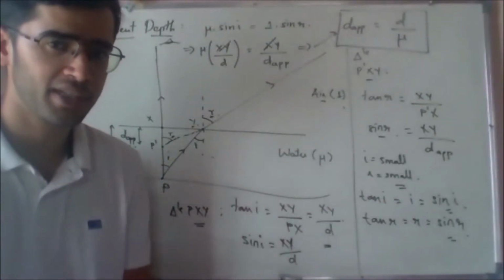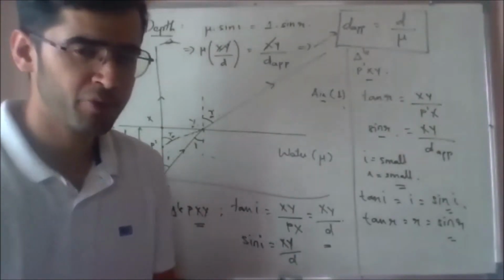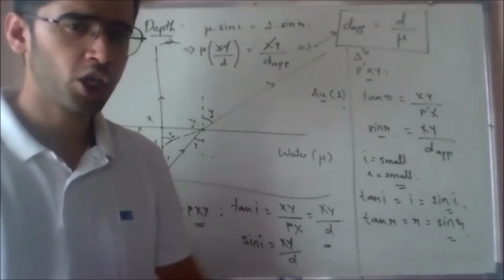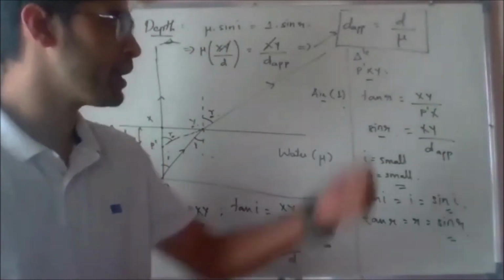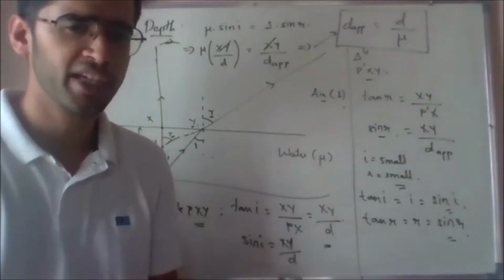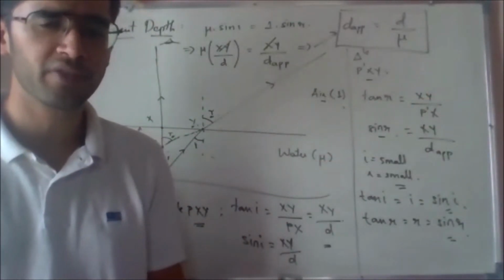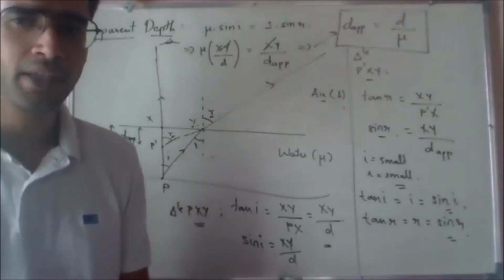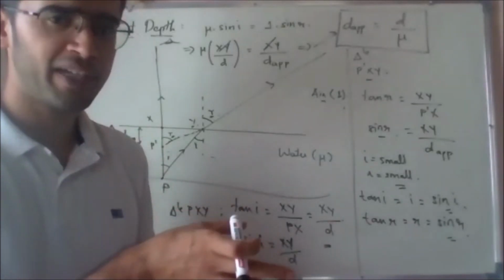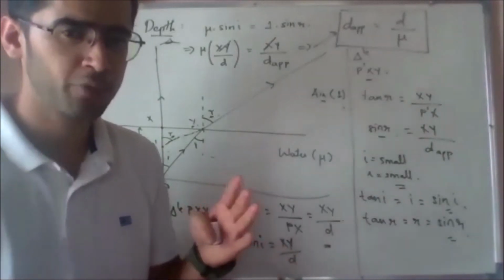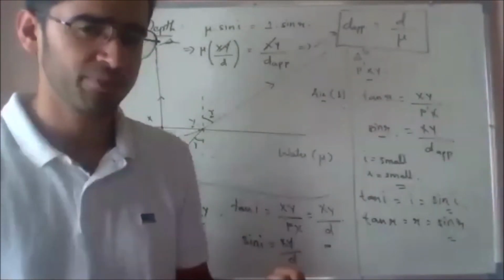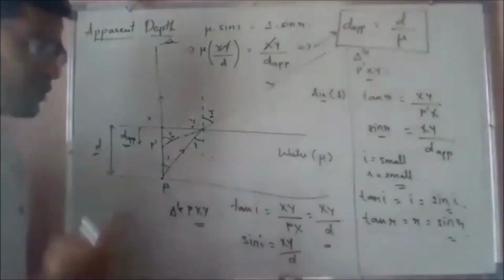So let's say I take a pretty deep swimming pool. If it's 6 meters deep, according to a person observing it, what will be the depth of the swimming pool? It will be 6 divided by the refractive index of water. We already know the refractive index of water is 4 by 3. So according to that person, the depth of the swimming pool will be 6 divided by 4 by 3, that is 18 by 4, so that will be 4.5 meters. So it's 4.5 meters, but actually it is 6 meters, right? To a person observing it, it will seem like just 4.5 meters, whereas the actual depth is 6 meters. So hopefully you've understood this derivation.